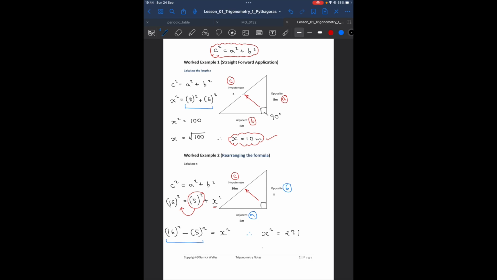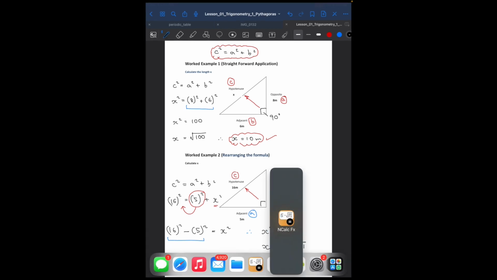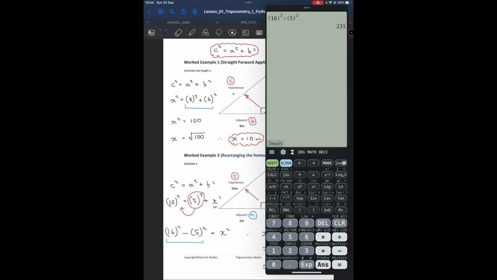And then to get x, all I need to do is to take the square root of 231. Again, you can do that on your calculator. And if I bring the calculator back up again, I can take the square root of 231. If I clear that, you press the square root button first, and then you type in 231. And your answer comes up. It's